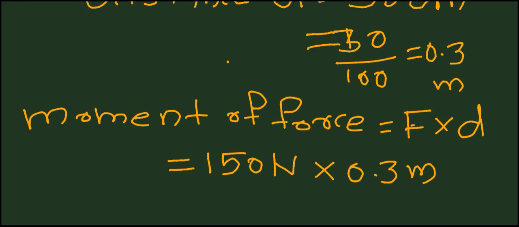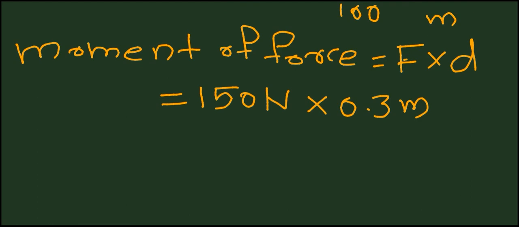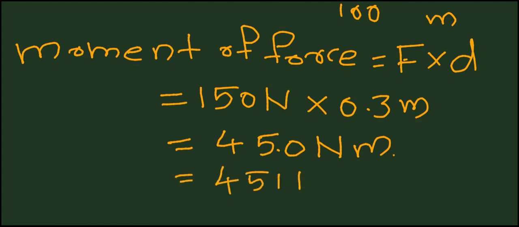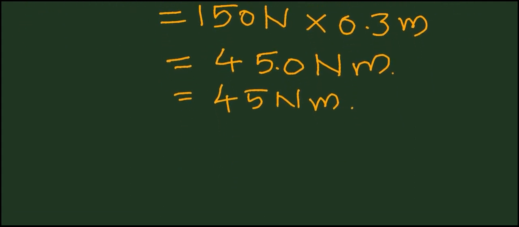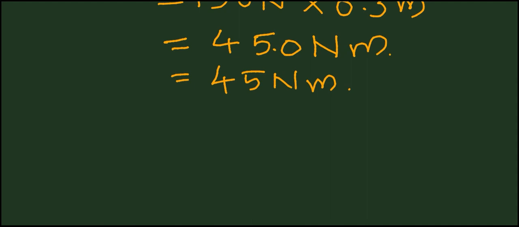Okay, students. Now by multiplying these both, you will get the answer 15 3s are 450. By arranging the points, you will get the answer 45 Newton meter. Okay, students, that is equal to 45 Newton meter. Okay. Now what we have to find out here? If he wants to open it by a force of 50 Newton, what should be the length of the wrench? That is the question.